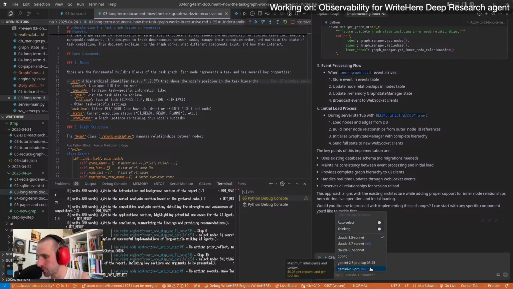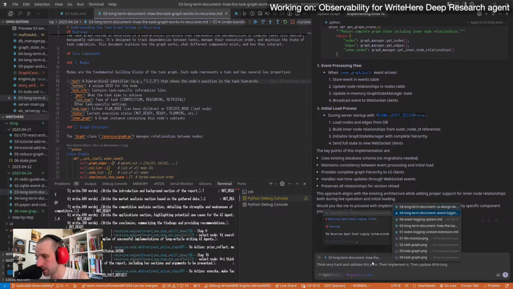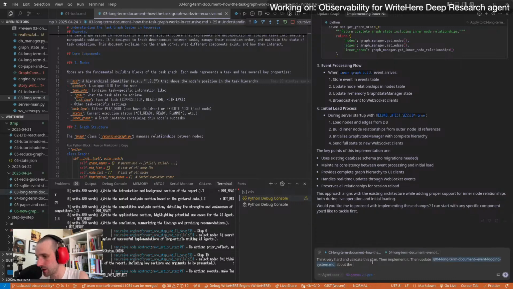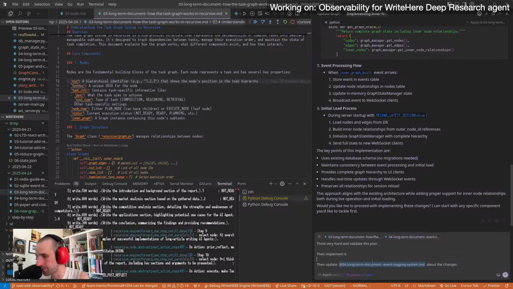And then I'm going to switch to Gemini Pro Max, which is think very hard and validate this plan. Then implement it. Then update 04 long-term document about the changes. And we will have to update the UI initial load about this as well, right? Also plan out the changes. Nah, we'll do that afterwards because